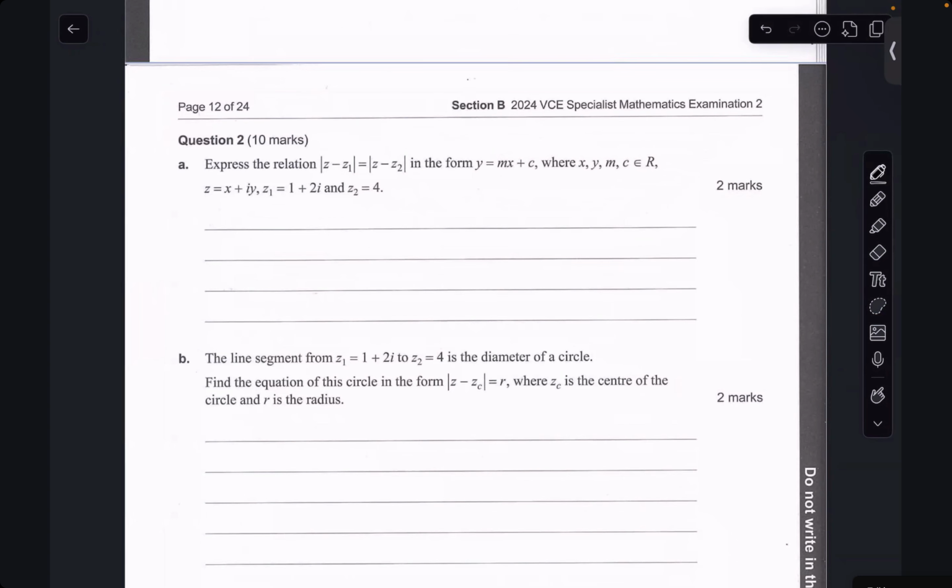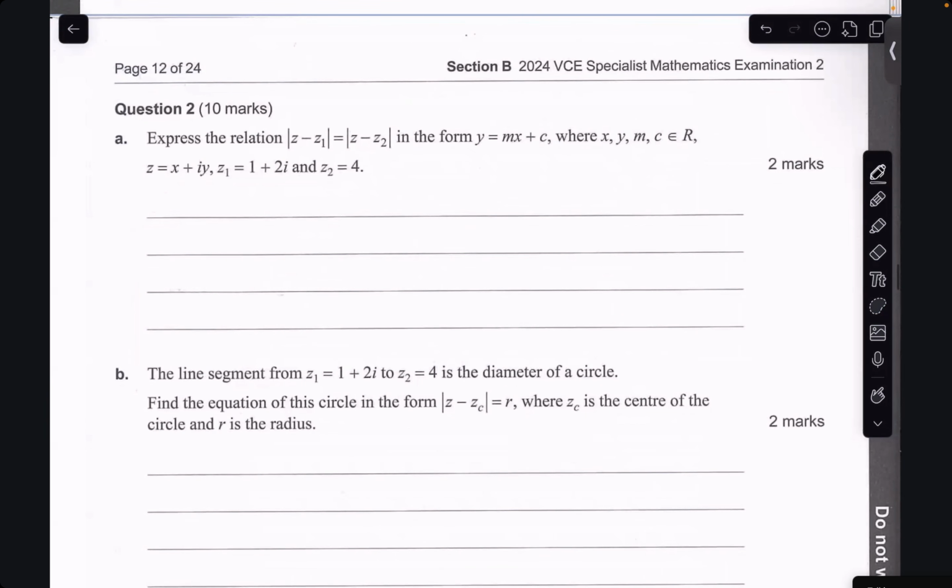Express the relation in the form y is equal to mx plus c, z is equal to x plus iy, z1 is equal to 1 plus 2i, z2 is equal to 4. Okay, so this is the perpendicular bisector of 1, 2 and 4, 0. Now the gradient of that is -2 over 3, so it should have a gradient of 3 over 2,